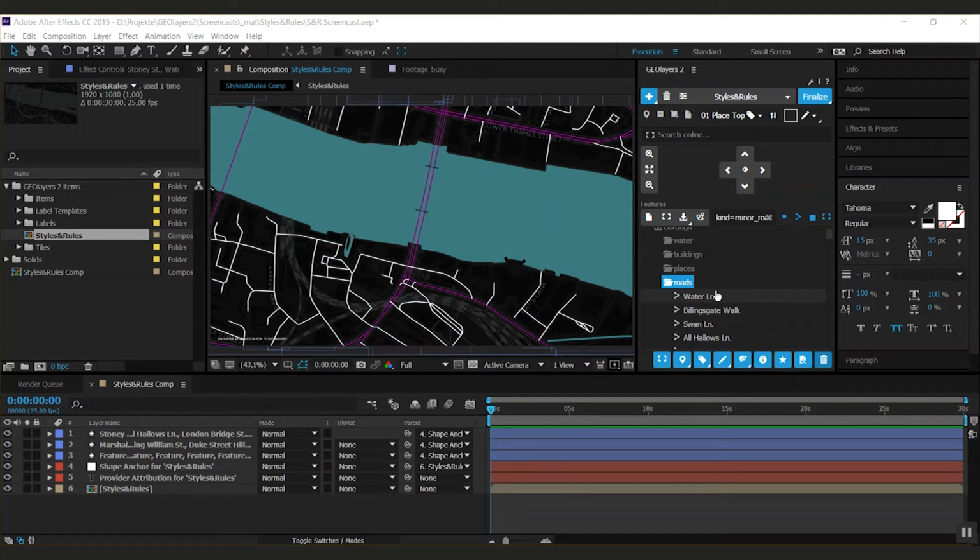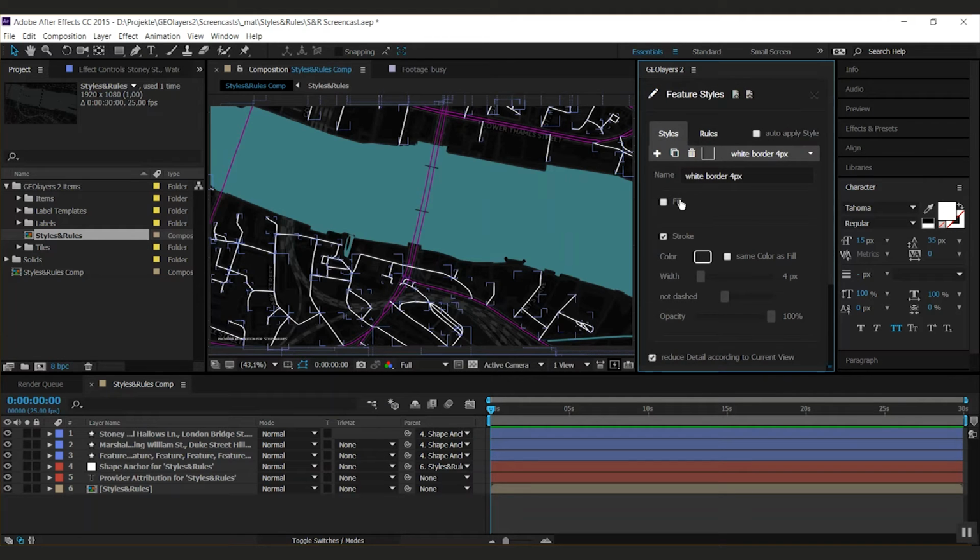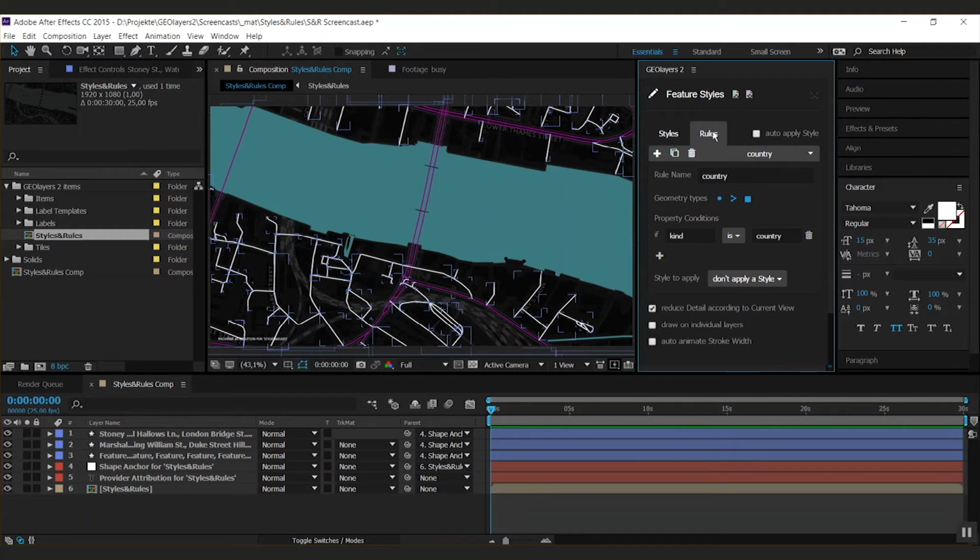Now, wouldn't it be great if this could be done automatically? That's the point where I want to introduce you to the feature rules. You can find them also in the feature style editor by clicking on the rules tab. A feature rule is a set of conditions a feature can fulfill, and if it does so, GEOlayers can automatically